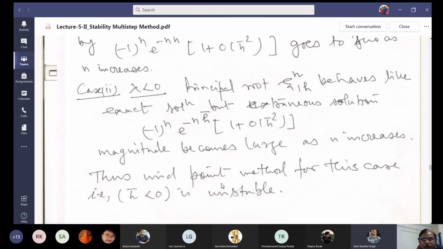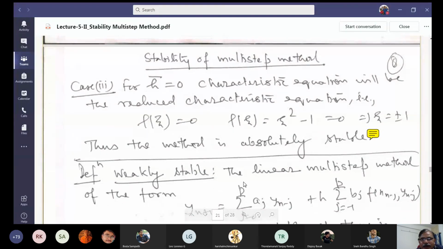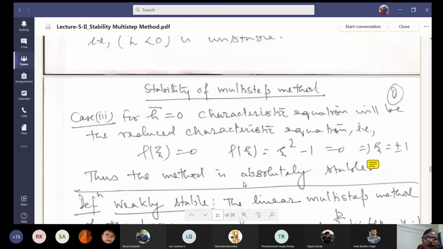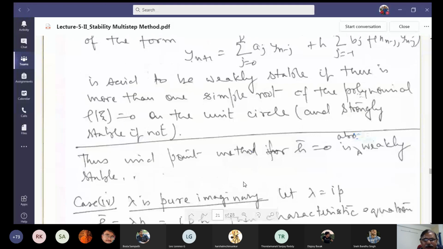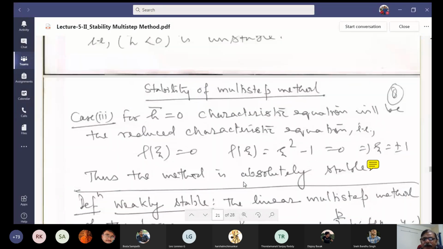Yes, sir. Okay. So other things are also there, that we'll see next time. Okay, let me see. Not much is there. One or two. No. It is for imaginary also. It is there. So the remaining things we'll see next time. For today, it is more than enough. Go through this stability part.